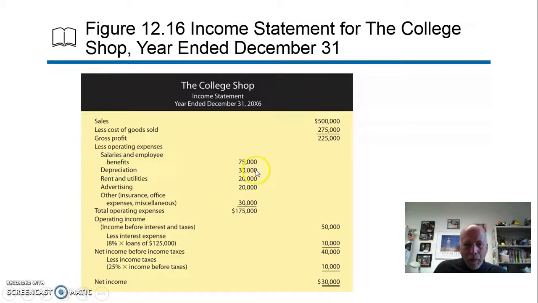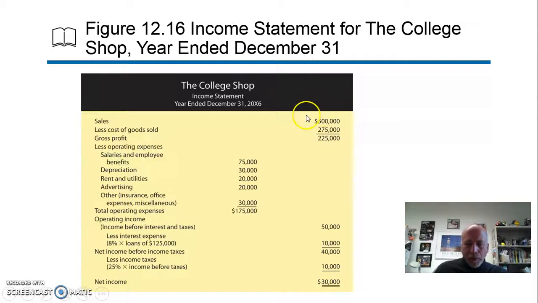Again, you can see it's much more detailed and broken out than the simple one we looked at last time. So we have a total operating expense of $175,000. We had income before interest and taxes. We had interest expense that we owed the bank. We had taxes that we owed the government. And so our net income is $30,000 on sales of